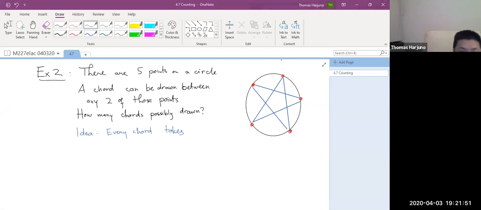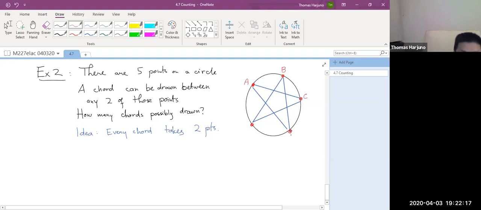Takes 2 points. So the number of chords we can draw depends on how many different combinations of 2 points we can get. Because every chord takes 2 points, right? Then the number of chords equals the number of ways we can pair those